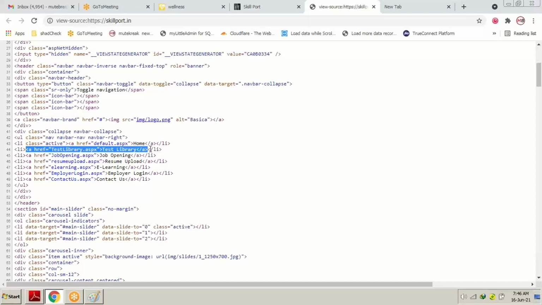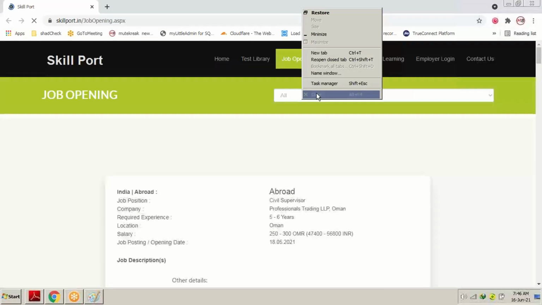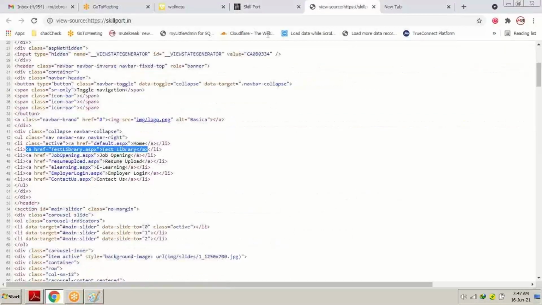We have a tag also over here. Okay, what have I just clicked? Close. Okay, so you can try it on any website. Just right click on any website and go to view page source. You are going to see many designing tags of HTML as well as JavaScript also.